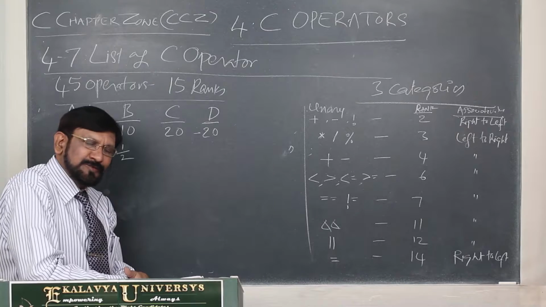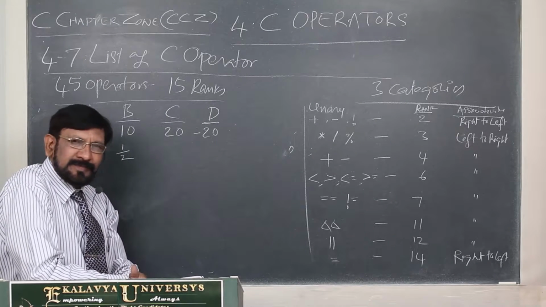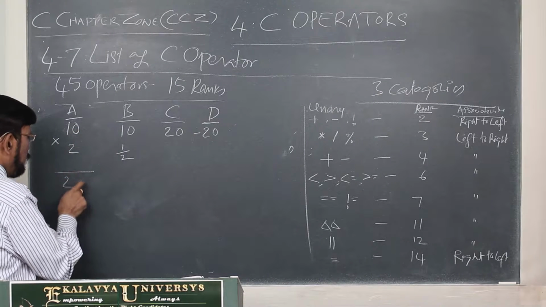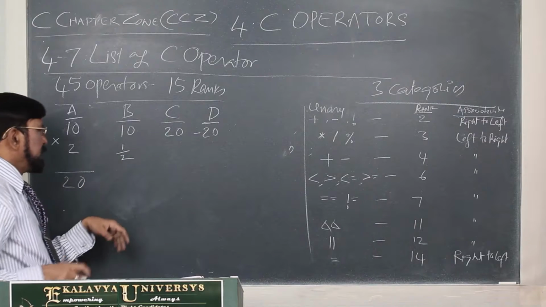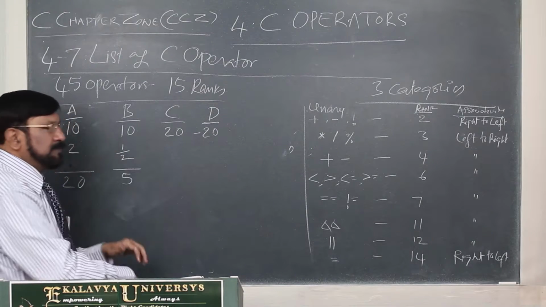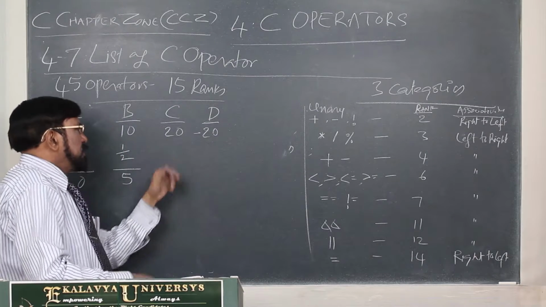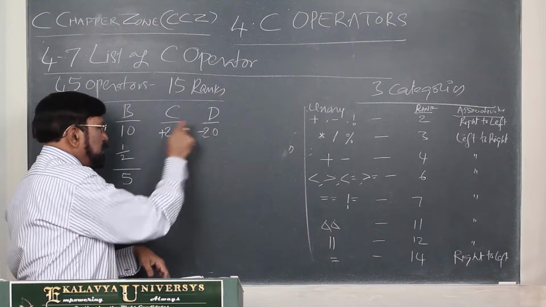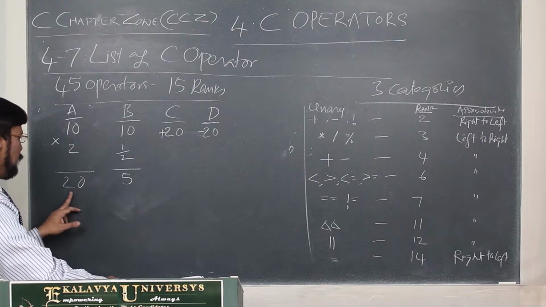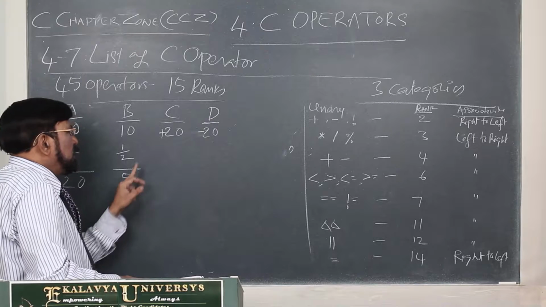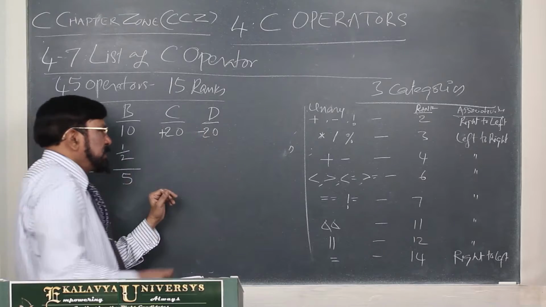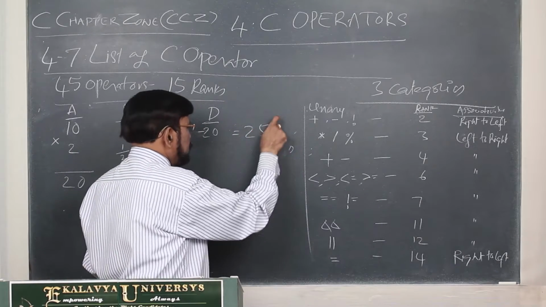Now, how you calculate, you see. What is the net worth? It should be calculated. Now, what you are doing? First, 10 into 2, 20, multiplication you did. Thereafter, a division you did. That is half, 5. Thereafter, C plus, minus, unary you are considering. Thereafter, how it is evaluated? 20 plus 5, 25 plus 20, 45 minus 20. Then 25 is the net worth.